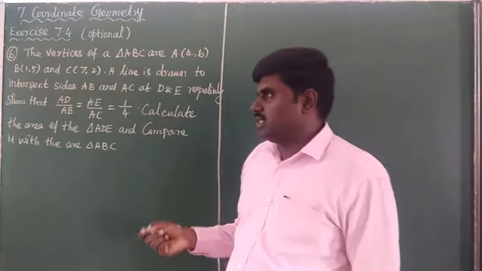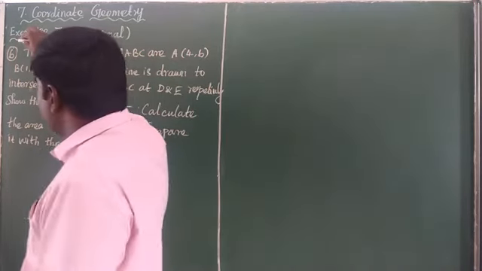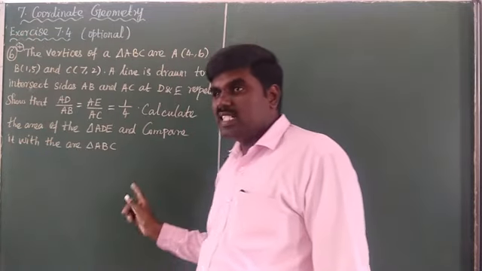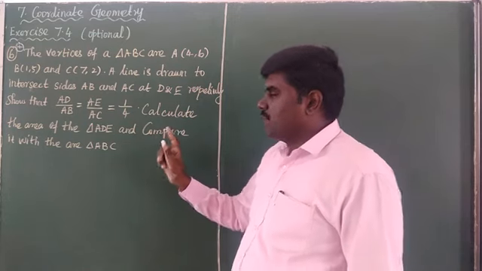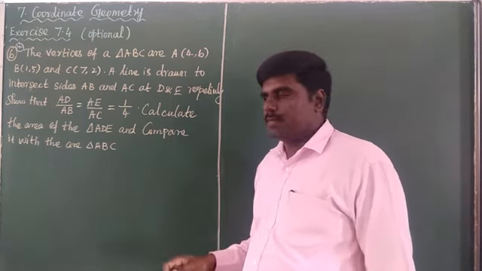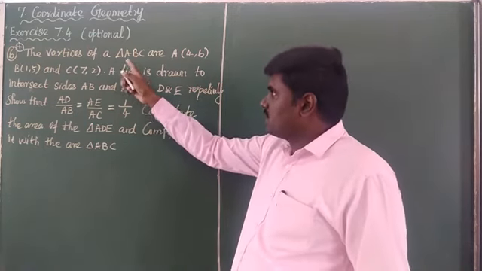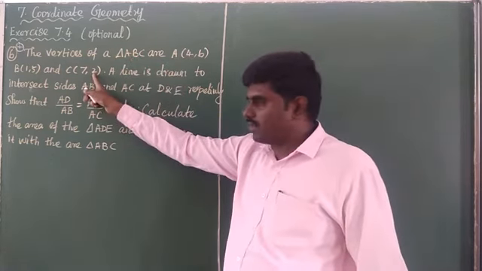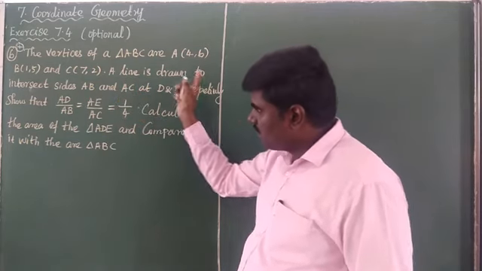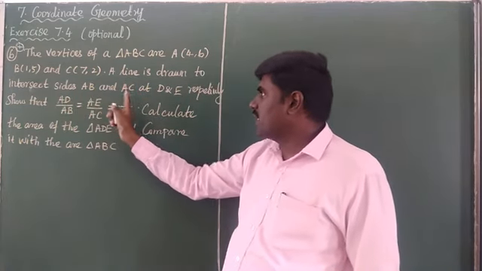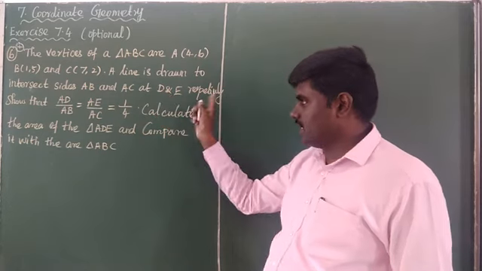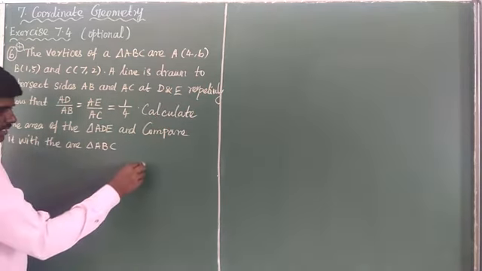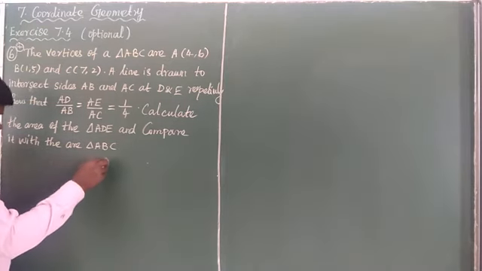Important questions. The 4 mark question, many times asked in both question papers. This method, not the questions, this method. Many competitive exams also ask these questions. See, the vertices of the triangle ABC and the 3 vertices are given. A line is drawn to intersect the sides AB and AC at the points D and E respectively. So what's the question? Here one triangle is given.